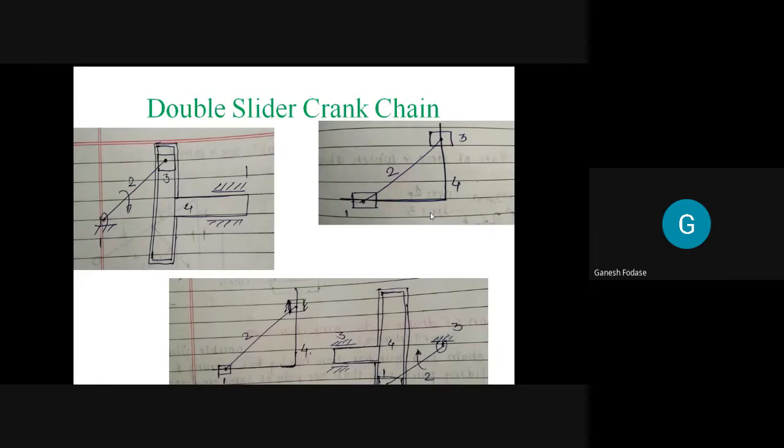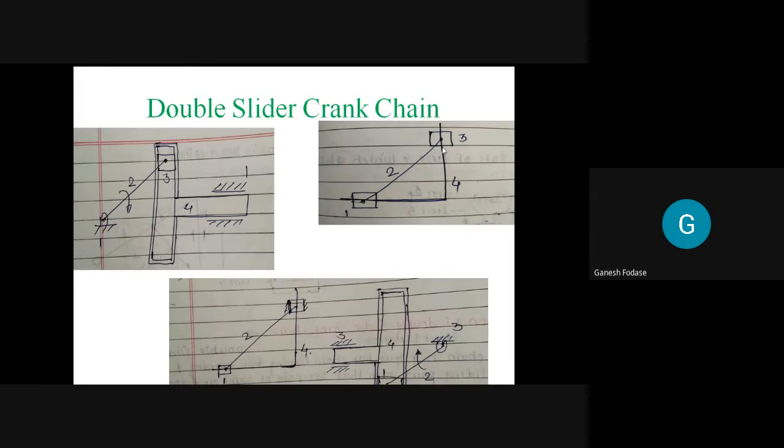Right. Okay. So this is just a basic double slider crank chain mechanism. But we know that we can't call this a mechanism or linkage unless we fix one of the links. When we fix one of the links, the mechanism is nothing but one of the inversions of the particular mechanism. So how many inversions can we obtain in this mechanism? 4 inversions, as the number of links is 4. So we obtain 4 inversions, and as I told you, link number 1 forms a prismatic pair with 4. Link number 3 forms a prismatic pair with 4.